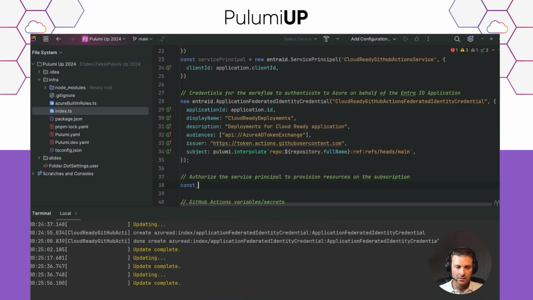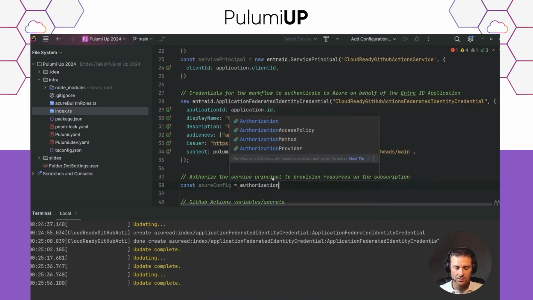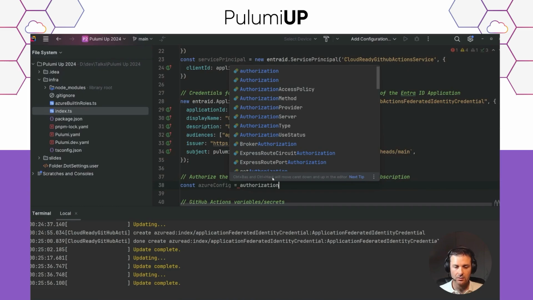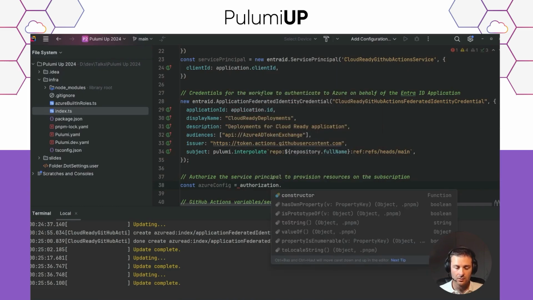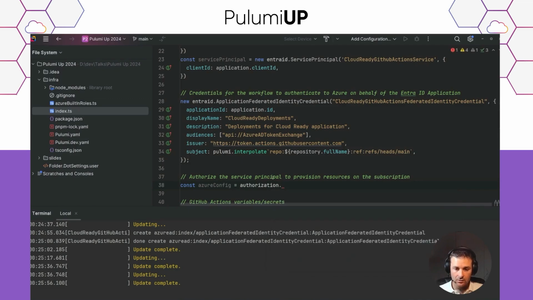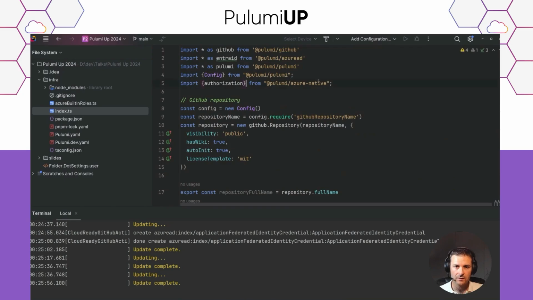So I can retrieve the Azure config using authorization get client config output, something like that. Okay, I'm missing an import here. Yes, that should be better.